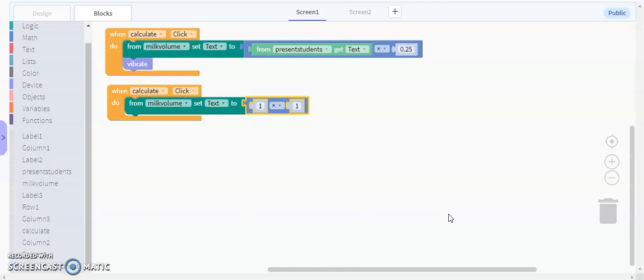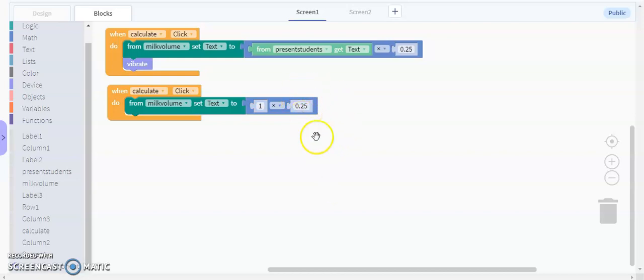So multiply by 0.25. For example, if they put 2 over there, that means 2 students are present today, then it is going to multiply it by 0.25. That was for it. Now we don't need that 1 multiplied by 1, so I will change this to 0.25.